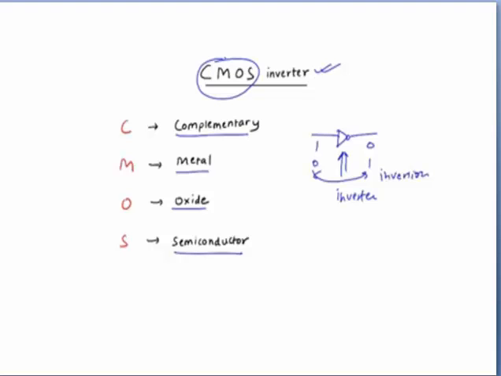This is called inversion, and we have done the inverter using the basic gates. Now we have to perform the inverter or inversion operation using CMOS. So next, first we will study how many types of MOSFET we have. We have two types of MOSFET: one is the N-type and the other is the P-type.